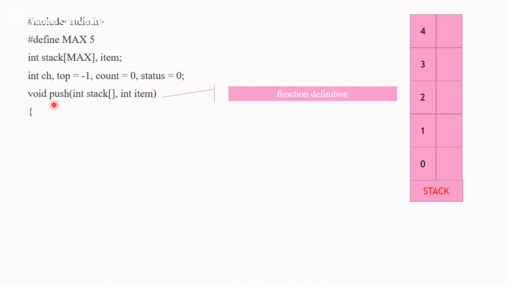Okay. Now I will write the push function. In the push function I will pass the array, because this array is a stack here. And the stack is of type int, because I am going to store integer values, and then the item which I am going to store into the stack. For push, you need to tell where you are going to insert your item, that is to the location stack.